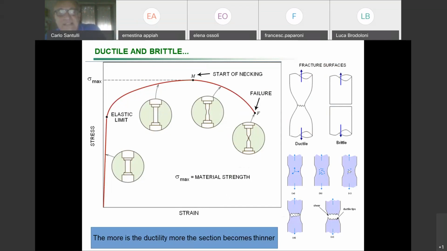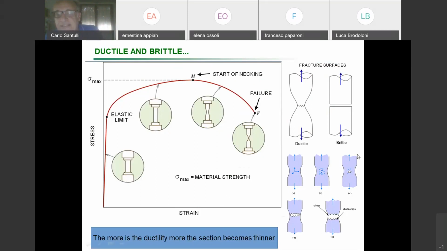You may have the idea that the stress remains about the same, but attention: in practice, this is the effect of the fact that the section is reduced more and more. So in practice, you apply a higher force on a section which is smaller and smaller, and therefore in the end you get to failure. You have a kind of collapse.